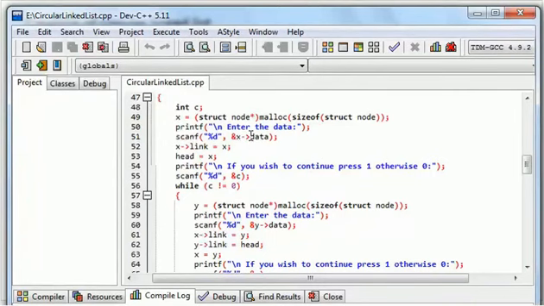Now I need to set the link part of this x. Now see what this x is. This x is my first node. So its link part, since it's a circular linked list, it should again point back to itself. So that's why it has been written that the link part of x is again pointing back to x. And just to have a separate reference for the starting point of the linked list, we are taking one head pointer also.